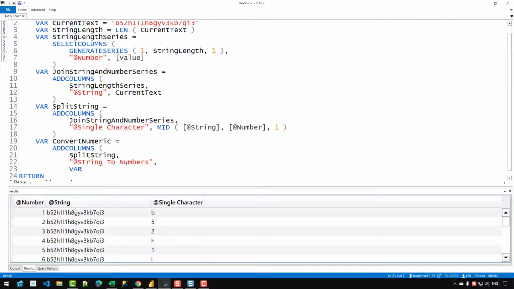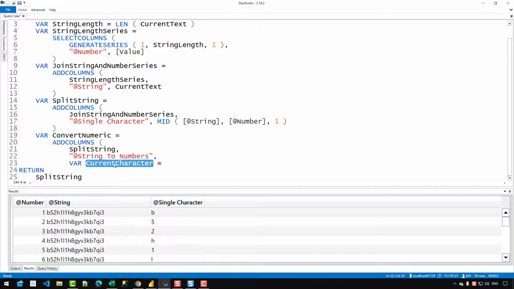So let's write a variable. I'm going to create a nested variable which will be current character. So add columns is going to iterate on the split string variable or the table, and for each row we are going to access the values from this column, and those values I'm going to store in this variable.